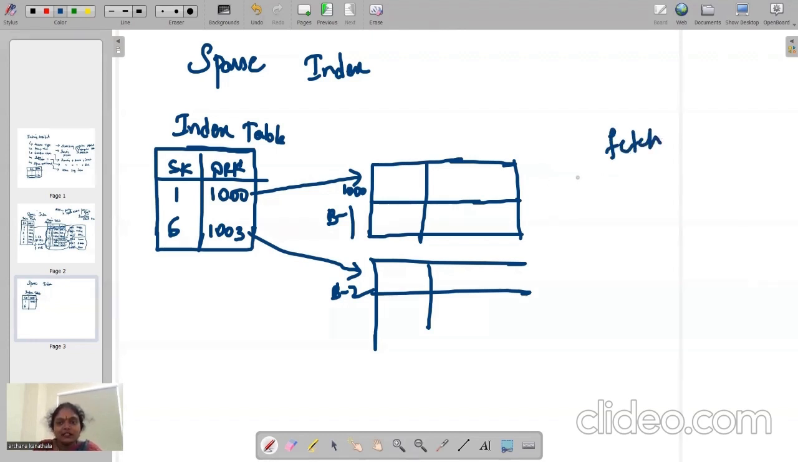And then second, the characteristics of sparse index table is that the search key should always be ordered. Without ordering this, you cannot perform this sparse indexing. The second one is that the search key should always have unique values and it should not be null as well. Right? And the third point is that